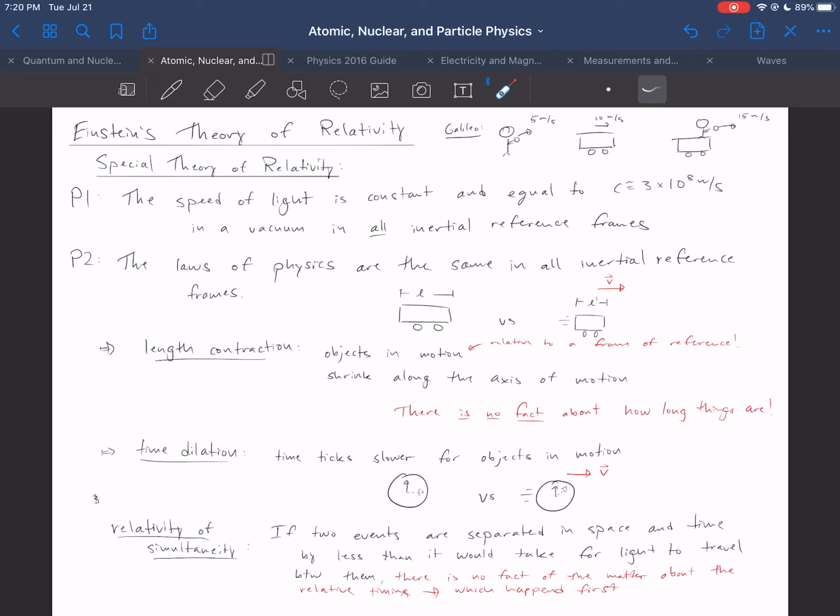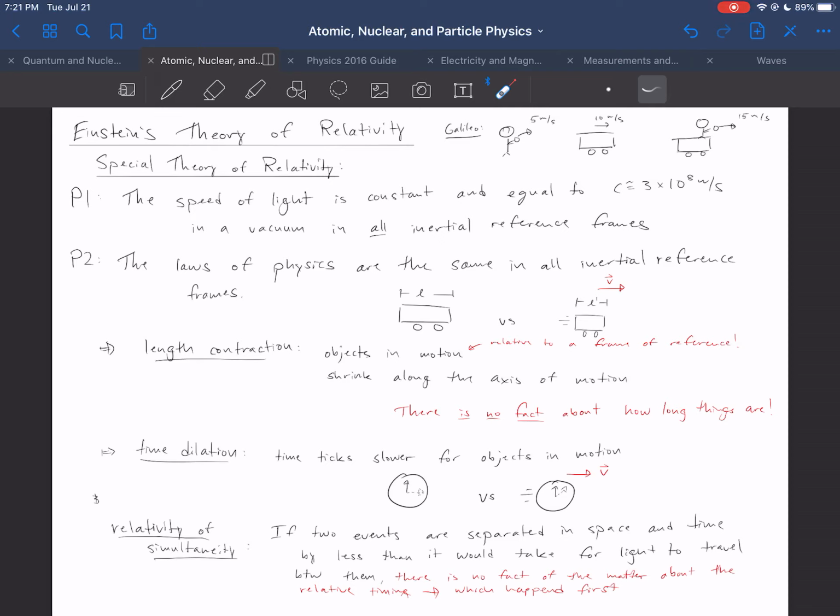Now, you can talk reasonably about the length of the car when it is not moving, or in its own reference frame is how we'll describe that. That's the longest that car will ever be measured to be. But anything else that views the car as moving, notice I say that rather than anything else that is moving, as long as that other thing is viewing the car as moving, then it will measure it to be a shorter length. Okay? That's known as length contraction.